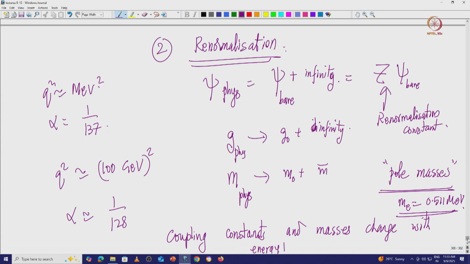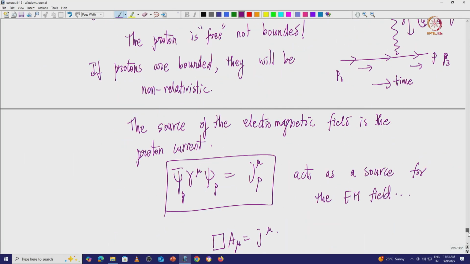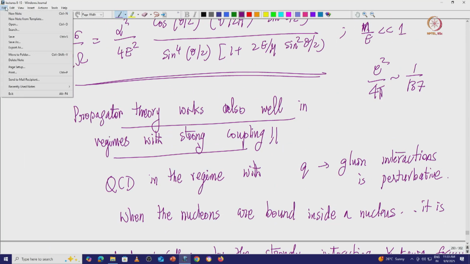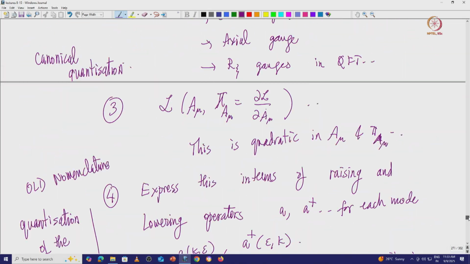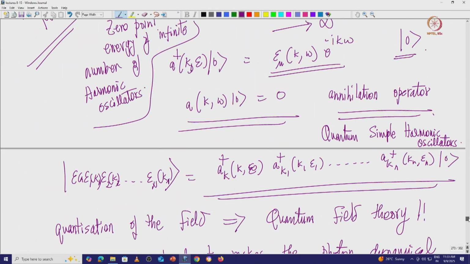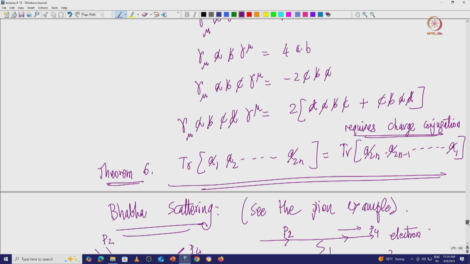And this is the process of renormalization, which will hopefully be dealt with in the next series of lectures, which I hope to give on quantum field theory 1. So throughout this lecture series, what you have learned is Green's function methods. You have used Green's function methods to calculate leading order calculations in QED. You have understood the concept of the propagator, and how to derive it using Green's function methods.